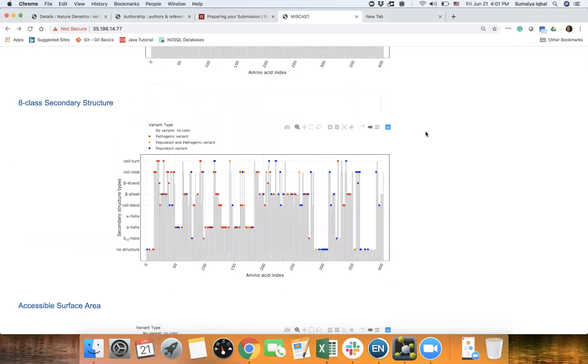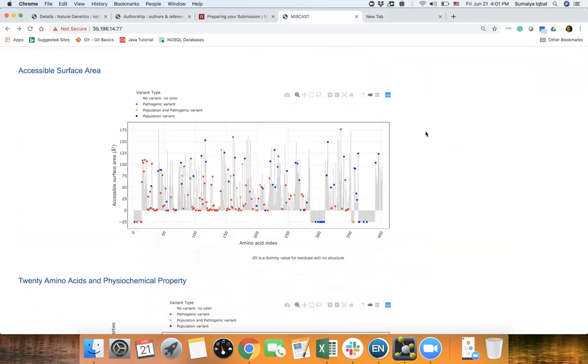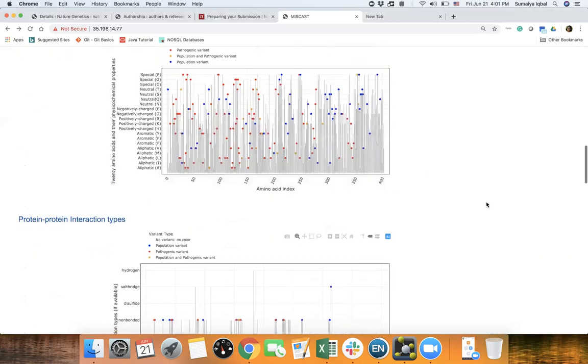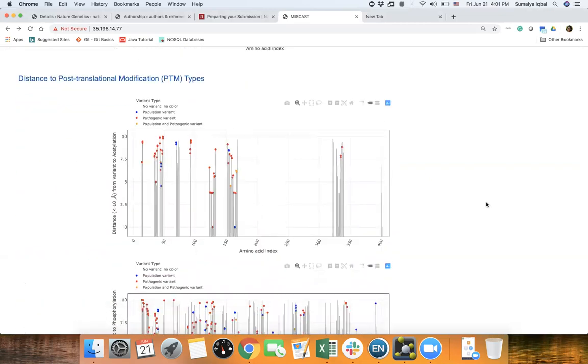Likewise, the plot for 8-class secondary structure. For accessible surface area, in this plot, the y-axis shows the numerical value of the accessible surface area. Now, in this plot, here we can see that there is a good cluster of pathogenic variants here at the core of the protein. The other plot for which the y-axis is the numerical value is the distance to the